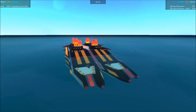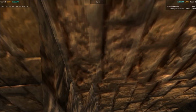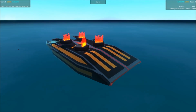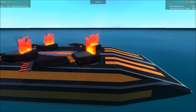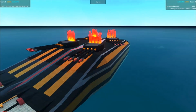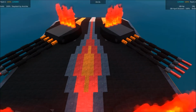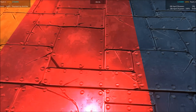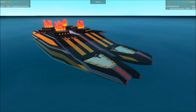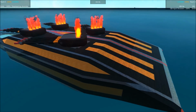Got this double-hulled pontoon shape. Probably has pretty decent armor, I would imagine. It's a little hard to tell without going into build mode and propping everything open, but I imagine it does. It's very flat. I hope it has good deck armor, because otherwise it's gonna get wrecked by plunging fire. But we will see here shortly, because while the hull shape is different and interesting, there's not